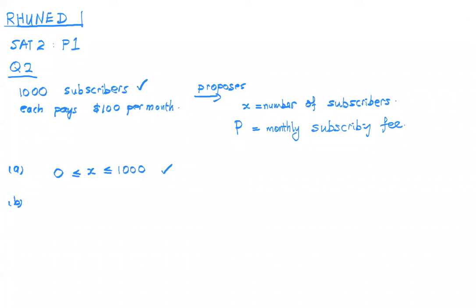So how to come up with the subscribing fee function? You go by proportion, every 5 drop,